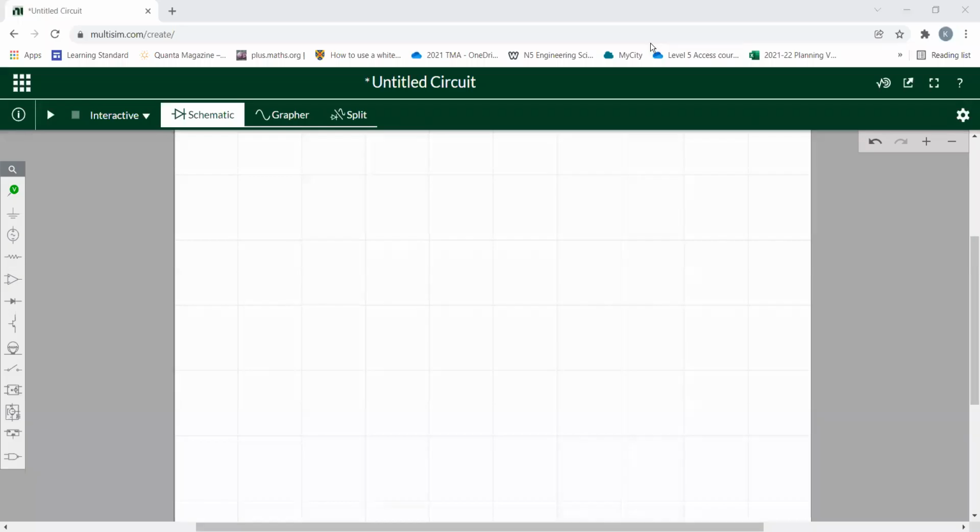In this video, we're going to look at how to make a half-wave rectifier circuit. Again, it's quite a simple circuit, but we'll be using some more features than we used in the simple LED circuit. Half-wave rectifiers